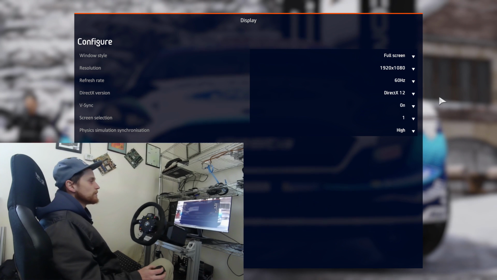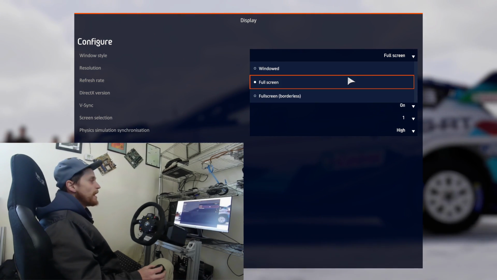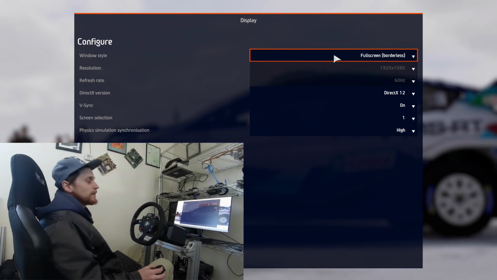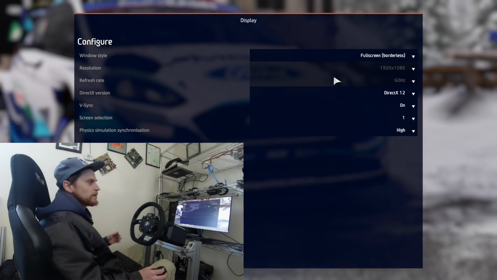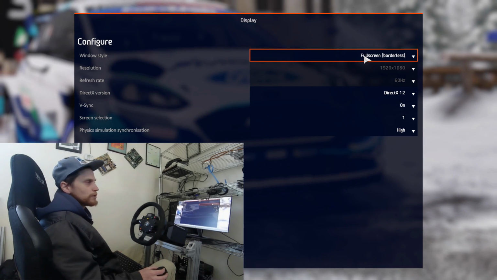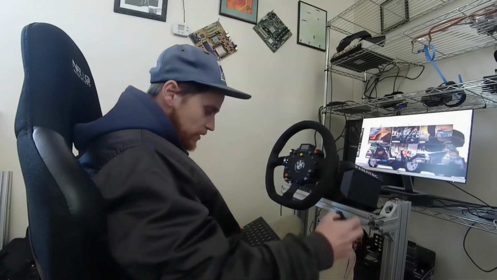Once you've got this stuff addressed, go back to full screen borderless, and I think on WRC 8 and 7, the option will be windowed borderless. When you make a change, it's going to ask you to save. Make sure and save. Now we're going to hit Control-Alt-Delete